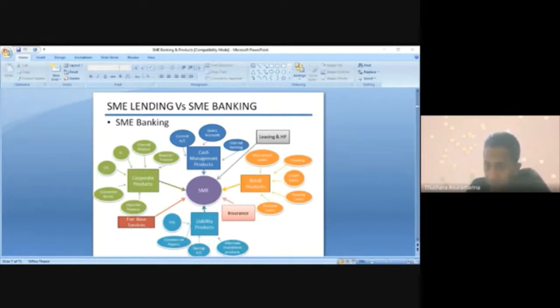Can gain more profits by cross-selling. Very good point, Ramindu. Cross-selling, you can make wonders, because sometimes the customer is willing to pay more because now you are with him. About cash management, liquidity and liability management, credit card, debit card, personal financing, minor savings products. So many things that you can offer. This is a very good advantage.